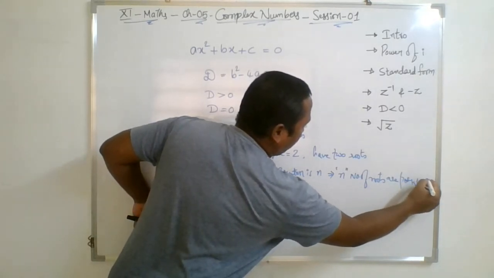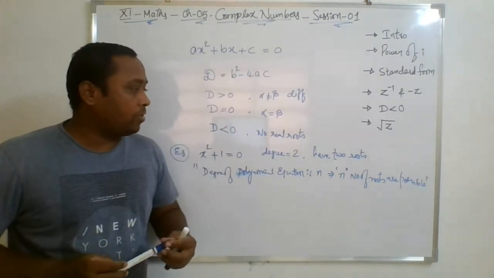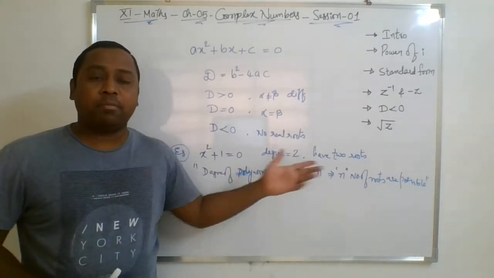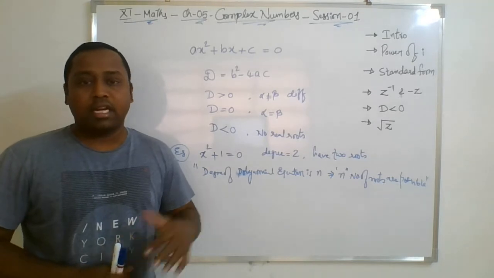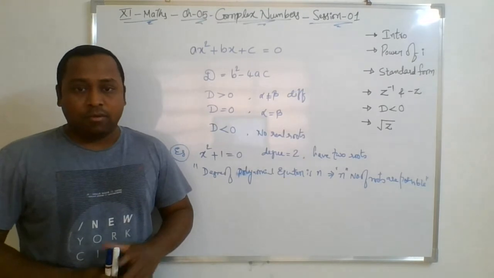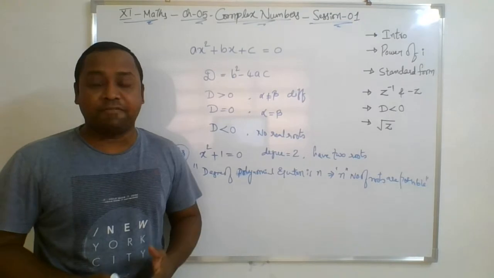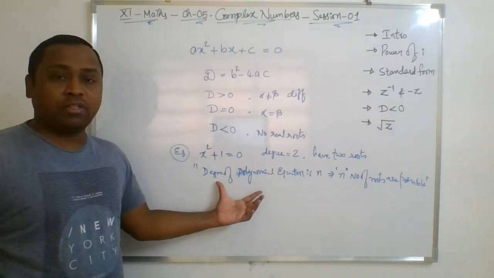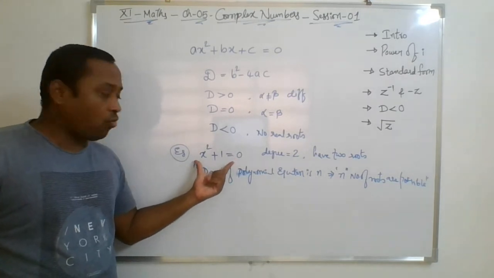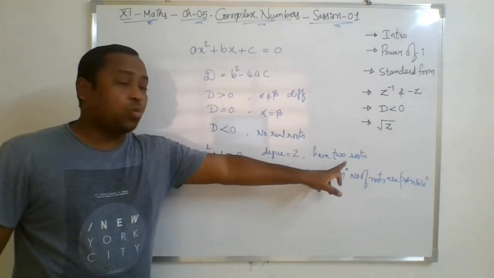So this is what we call the fundamental theorem of algebra, right? So if the degree is 3, there must be 3 roots possible. If the degree is 1, there must be 1 root possible. Whether the root is real or not real doesn't make any difference. So if this is a universal truth, and this is a quadratic equation with degree 2, it must have 2 roots.